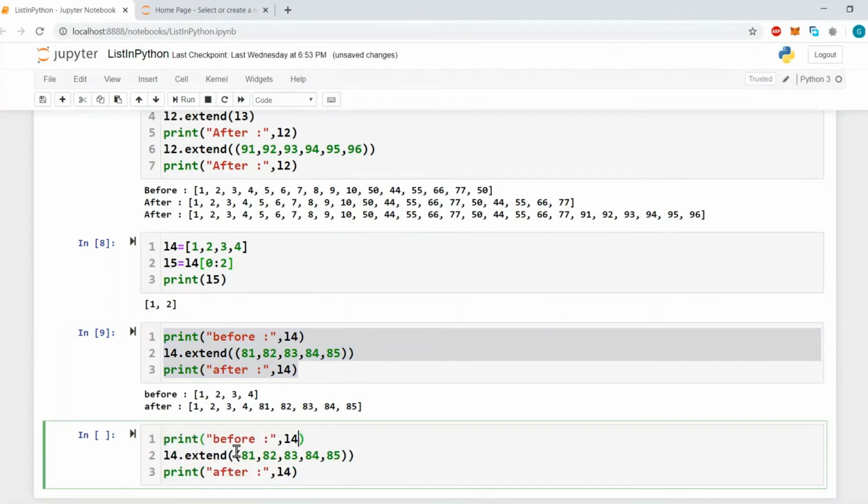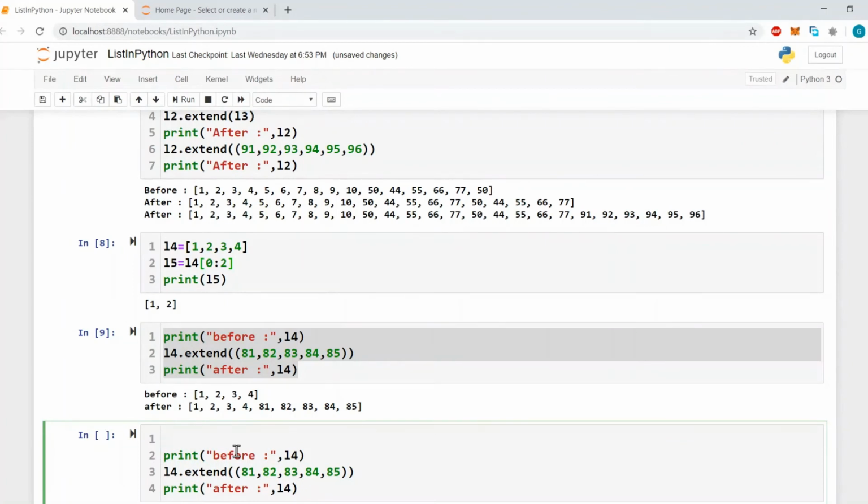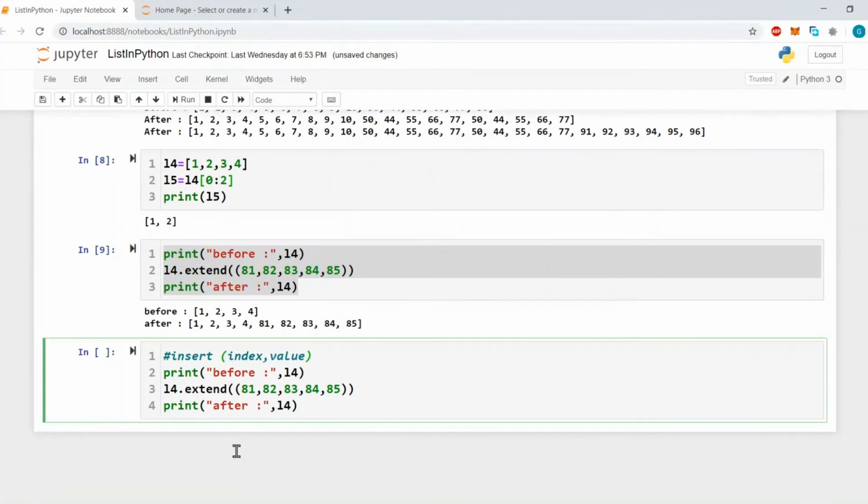Next method is insert. It will have two arguments. The first argument will be the position or index, and the second argument will be the value which we want to store. Clear?